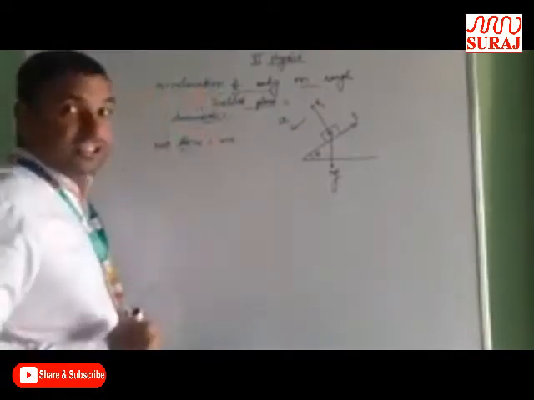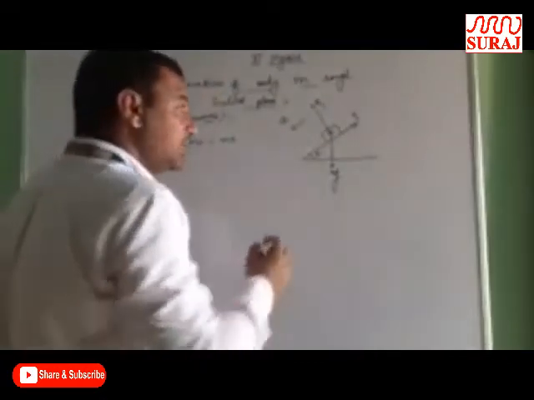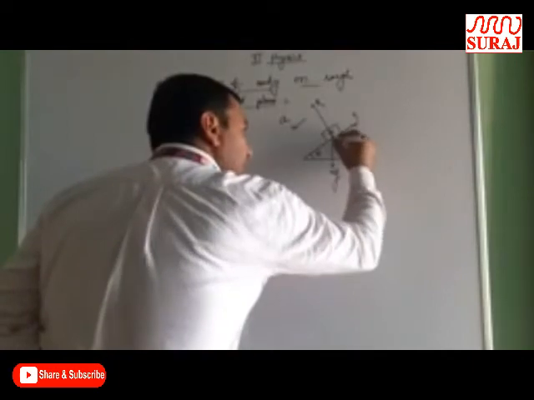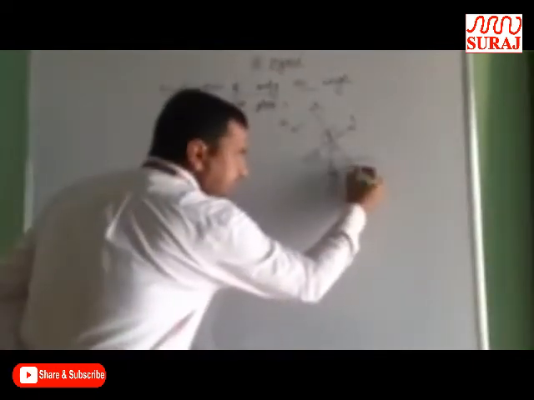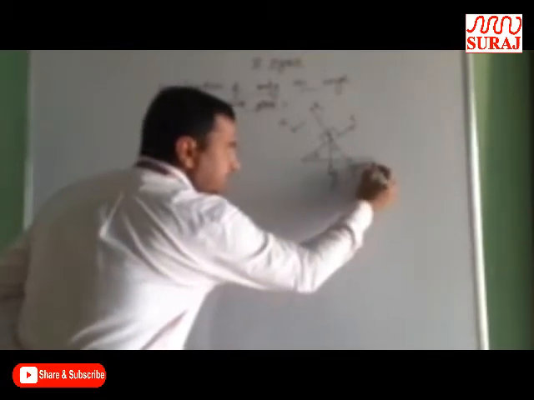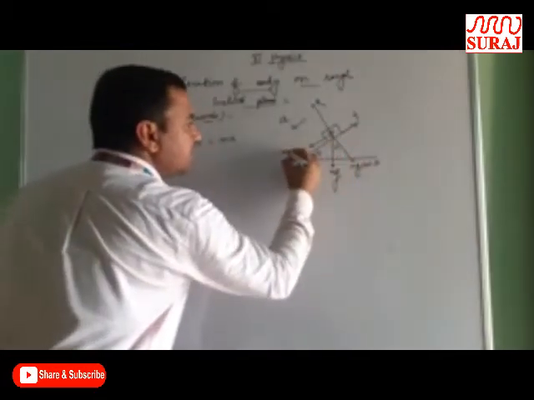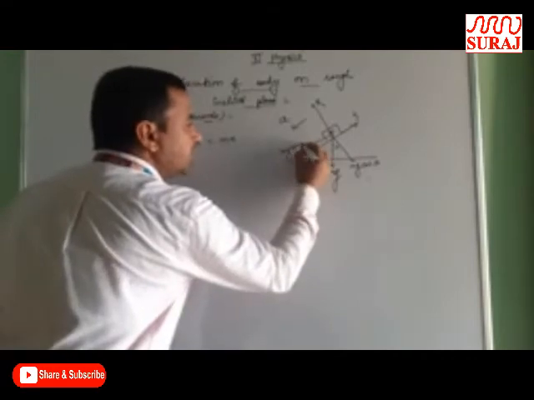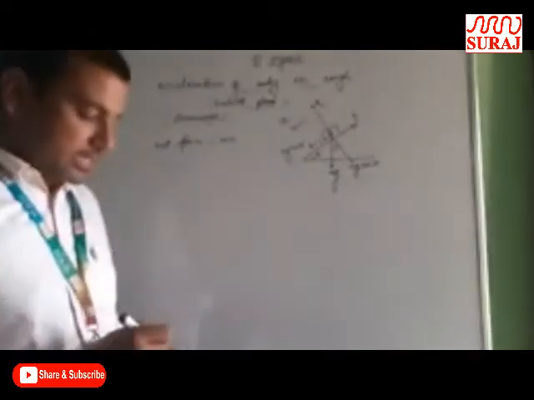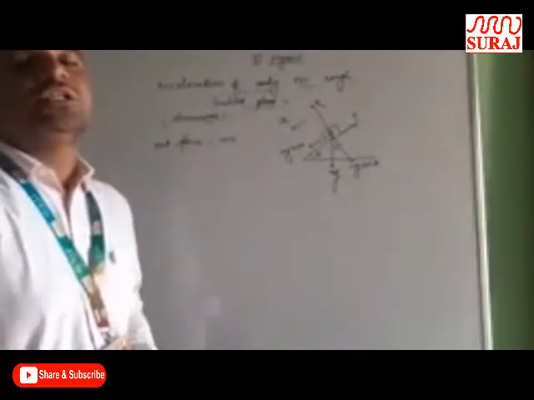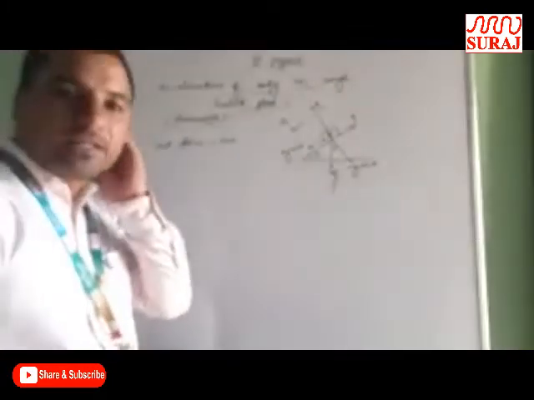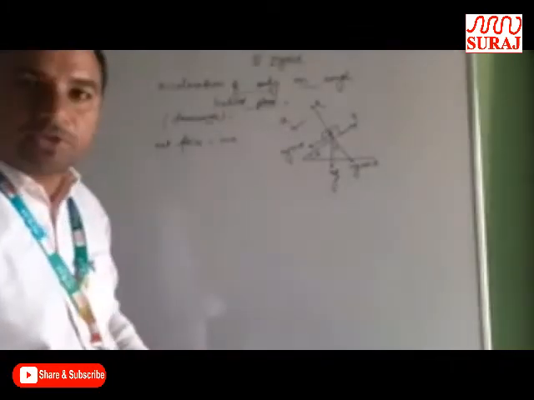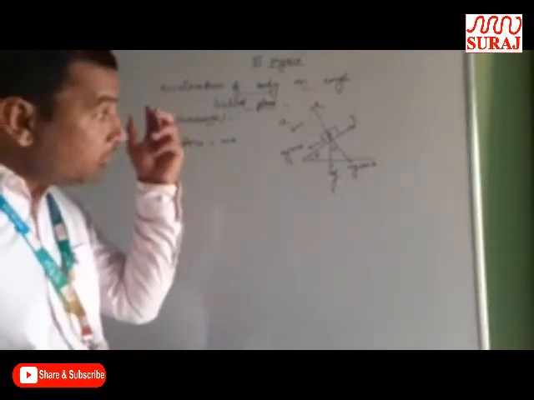Then resolving mg into two rectangular components, this angle is theta, then this angle is also theta, then this component is mg cos theta and this component is mg sin theta. Two rectangular components of a vector: we divided mg into two perpendicular components. Then the body is moving